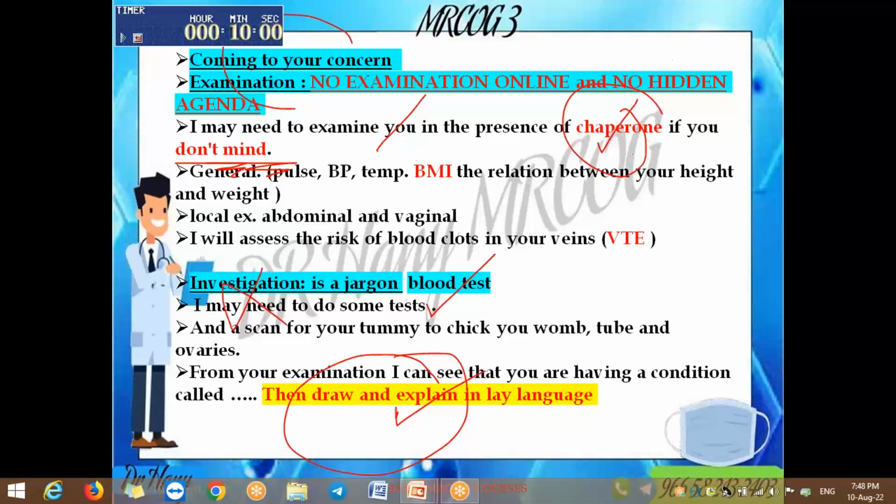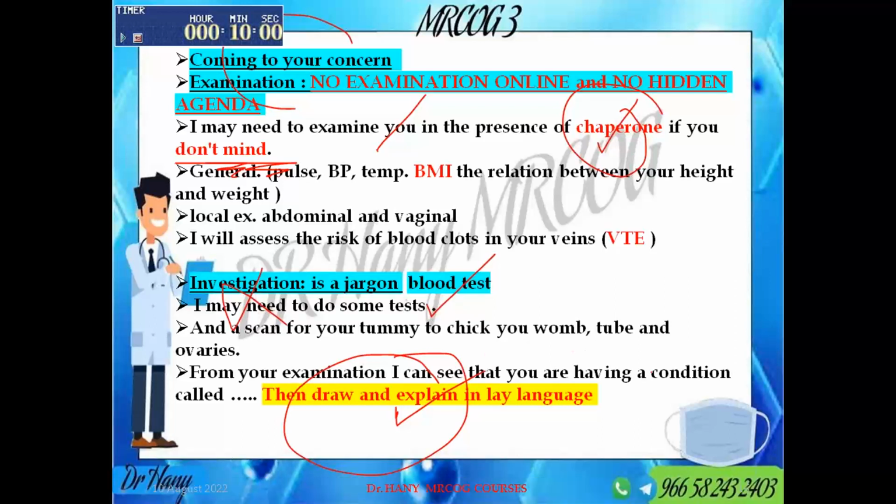Let's say you are getting into an ectopic. So you will start by saying, in a normal pregnancy, usually, this is the womb, these are the tubes, and this is the ovary. The sperm meets the egg here in the tube. In a normal pregnancy, it travels to stay inside the womb. Sometimes it will get trapped in the tube,